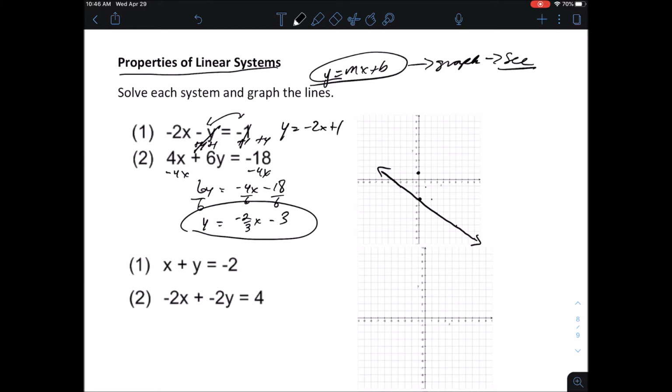And then the second one, negative 2x plus 1, I'm going to go like this. Something like that. And so I can see that here, the line